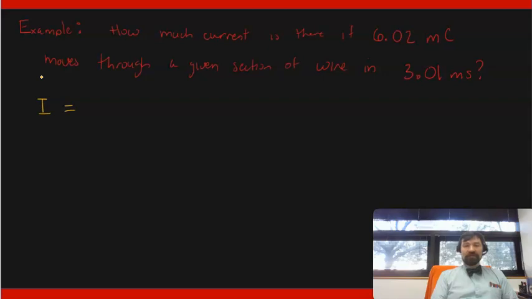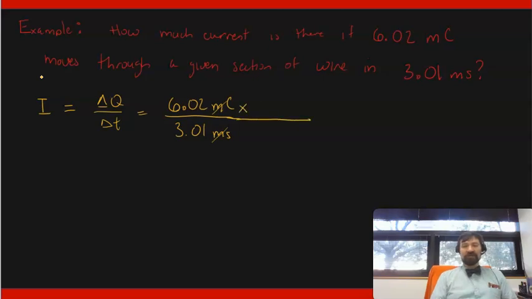So the current is given by the charge divided by the time, and the charge in this case is 6.02 millicoulombs. The time is 3.01 milliseconds. The millis actually can cancel, so you don't have to convert the units like this,